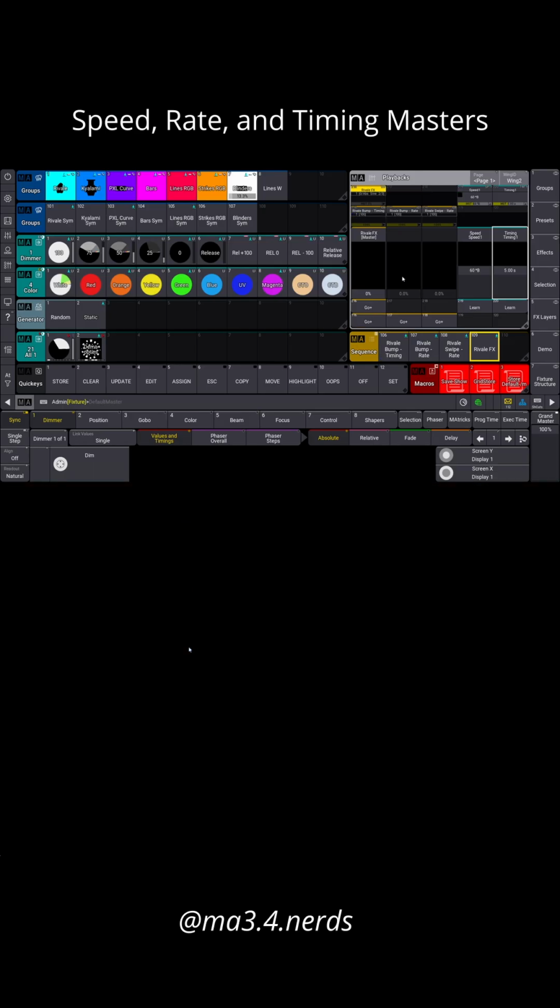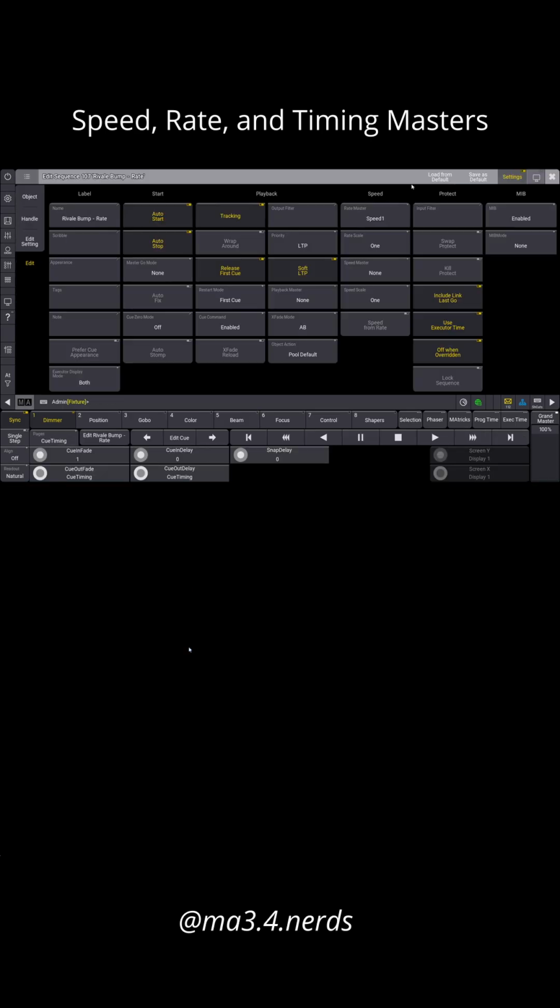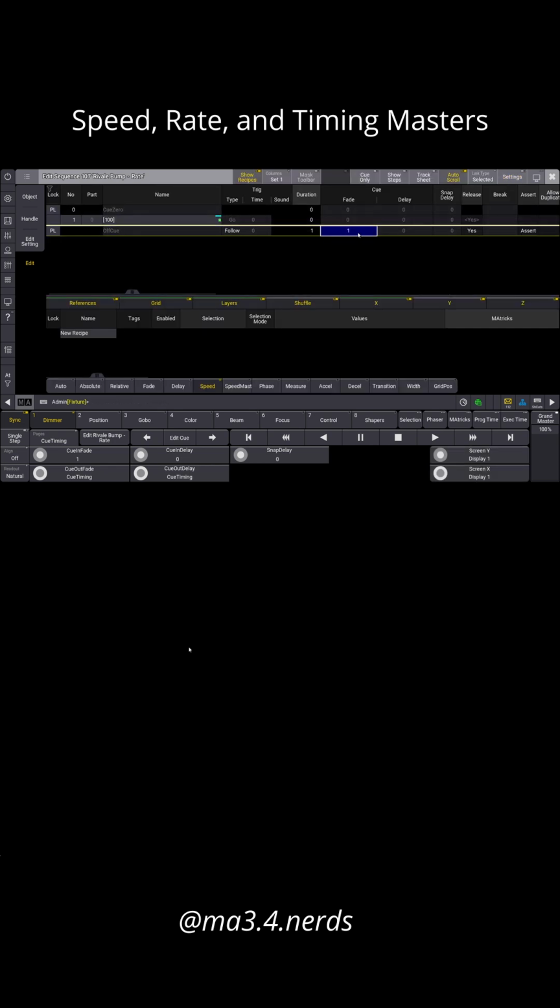However, there is another way of doing this. Even though rate masters are not a standalone object in GrandMA3, you're actually able to assign a speed master as a rate master within the sequence settings. By assigning a speed master as a rate master, the speed master will start to affect timing values, not speed values. So, if I have my rate master set to speed 1, and I have a cue fade of 1